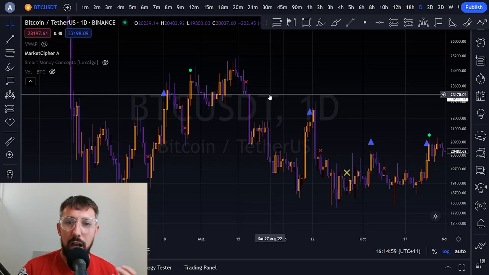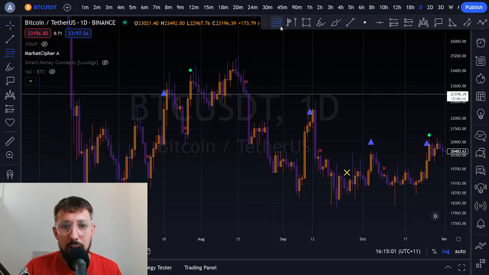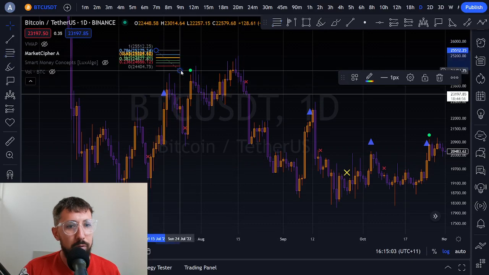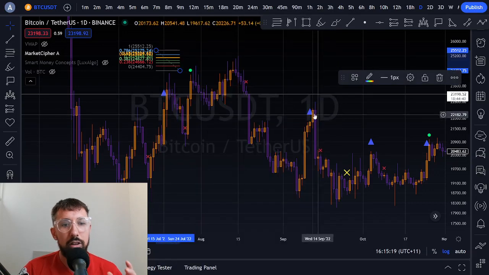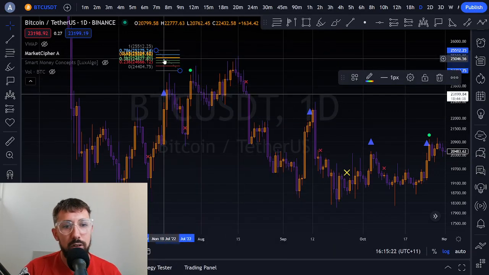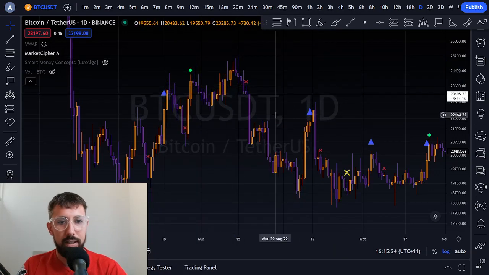Now, I want to talk to you about how I use the Fib tool. As you can see on the Fib, we'll put it up here. We'll pull up our settings, and these are my settings. Just basic settings: the 0.382, the 0.786, the 0.5, the 0.65, which is this local golden pocket that we always like to talk about when we pull a fib between the 0.618 and the 0.65. Now, I just wanted to show you how I use this tool on a daily basis to get confluence,